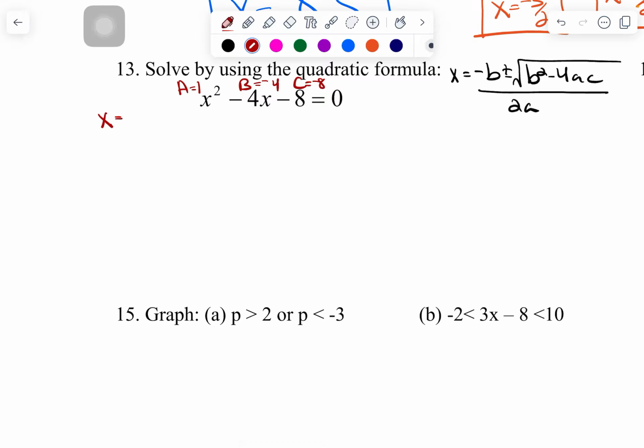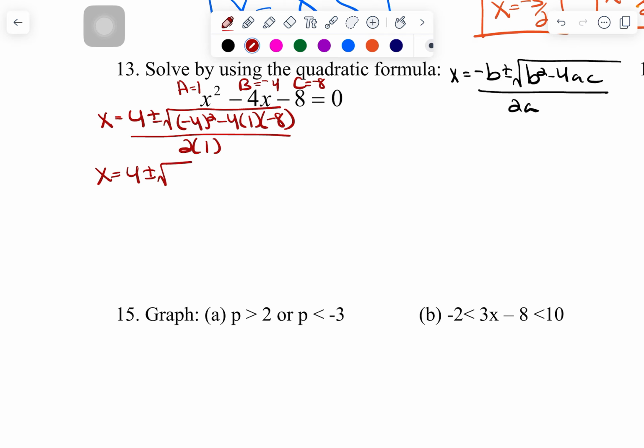The opposite of b, so the opposite of negative 4 is positive 4, plus or minus square root. We're going to do b squared, so negative 4 squared, minus 4, a is 1, c is negative 8, all over 2 times 1. So negative 4 squared is 16. Negative 4 times 1 times negative 8 is going to be positive 32. And then all over 2 times 1 is 2. X is equal to 4 plus or minus the square root of 16 plus 32 would be